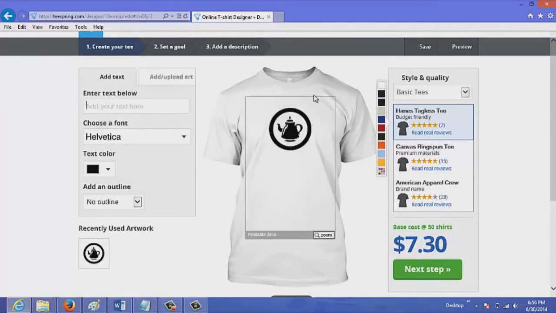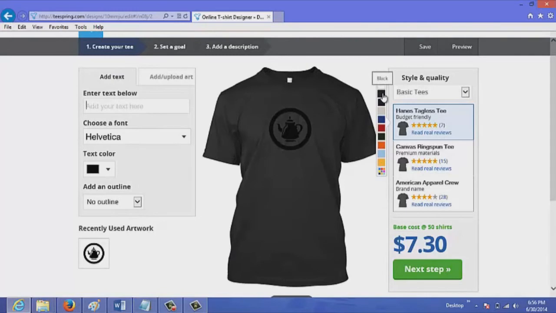First of all, let's change the color of the shirts. The most popular shirts I've seen right now are black. Black shirts usually sell pretty well. And down here you can see the base cost. So the cost per shirt is around $8. So anything above that is profit for you. So you enter the text. Let's see here. Let's just say